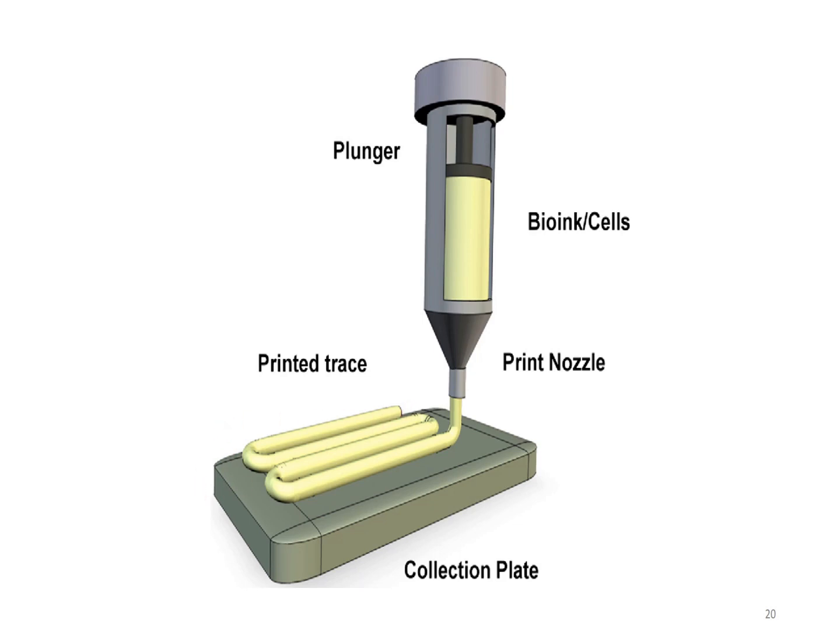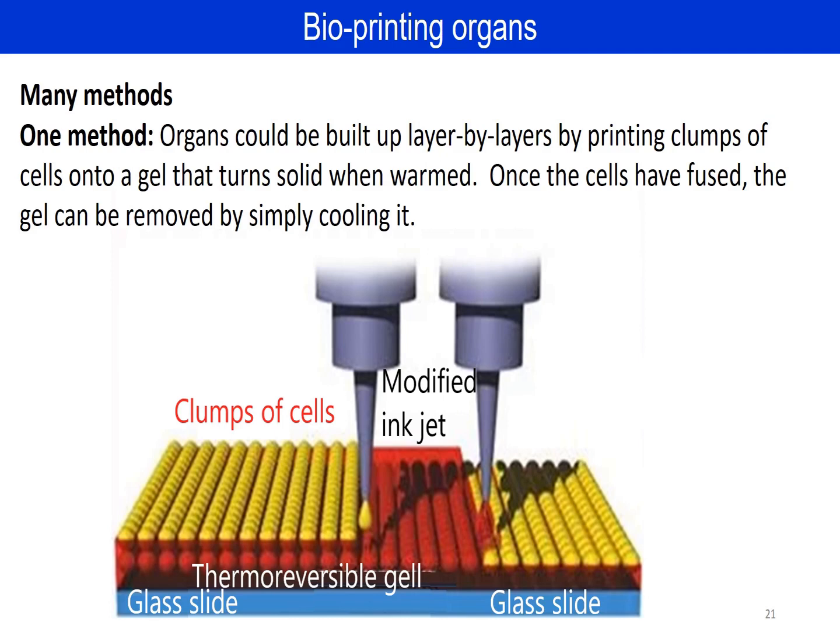Bioprinting of organs, there really are literally many methods. I'm going to give you one generic method as a representative example more than anything else. In this case, organs could be built up layer by layer. This is an example of cells being printed one layer at a time on top of a glass slide, and then a thermal reversible gel that can be removed, and one can have part of it as an organ being